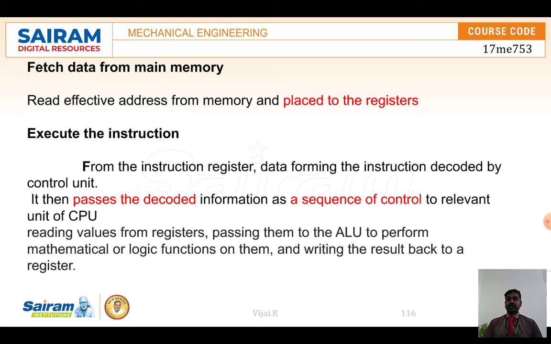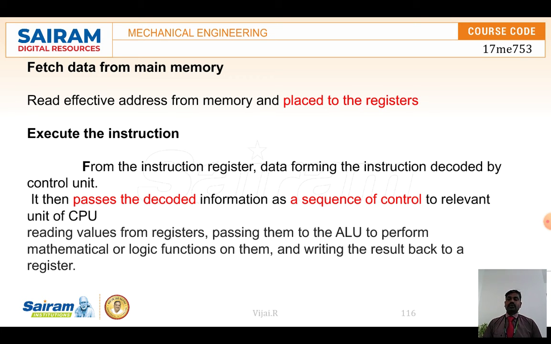This information is sent to the particular registers and passed to the ALU to perform the mathematical and logical operations. Writing back, the accumulator helps to store the data, and after processing, it gets the result and it is stored.